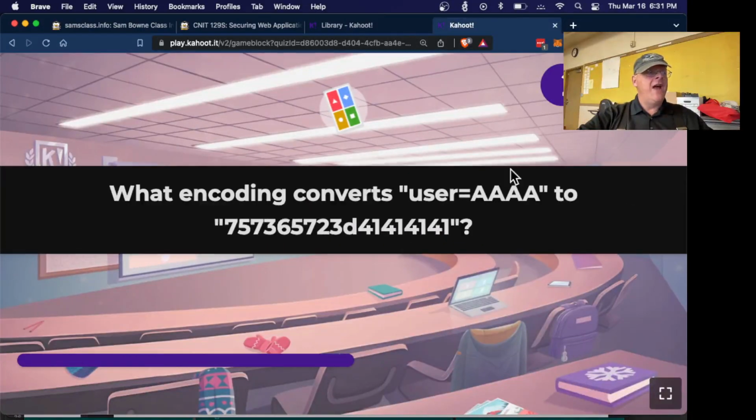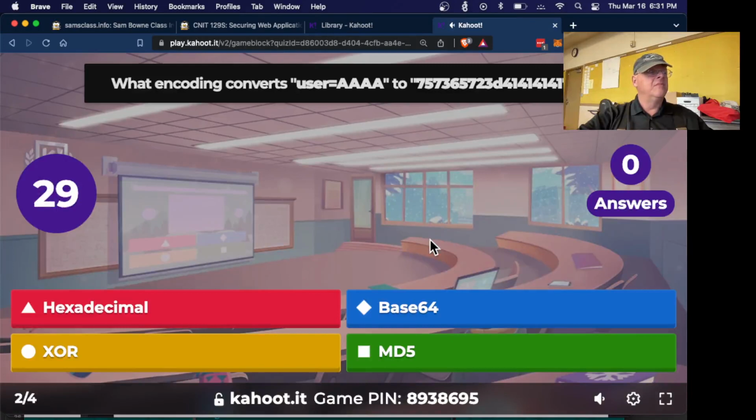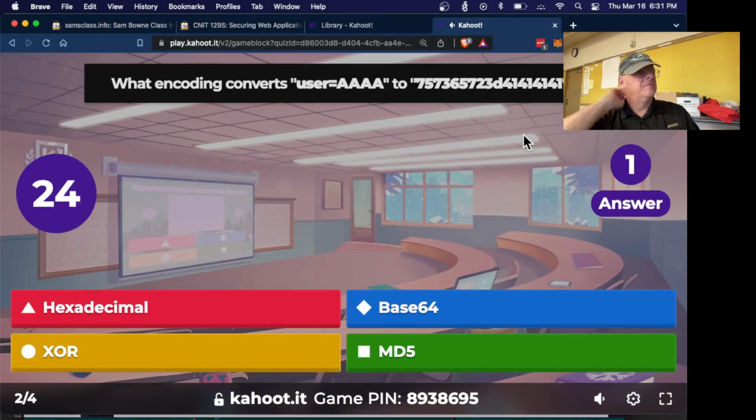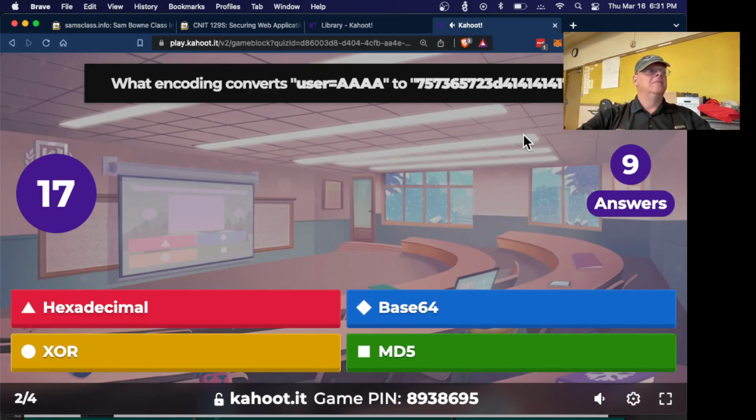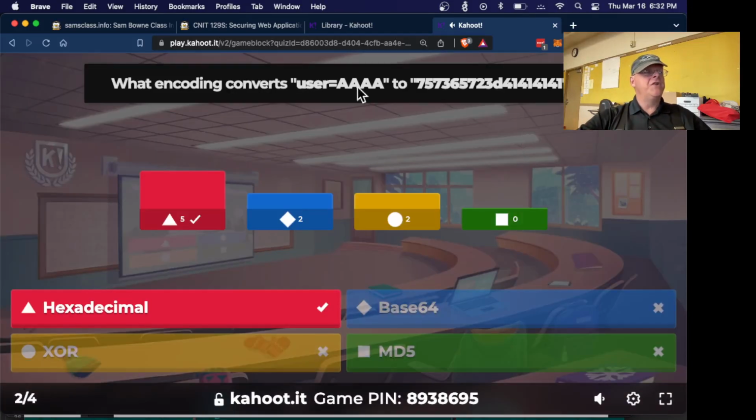All right, what encoding will do that? That's just hex encoding.